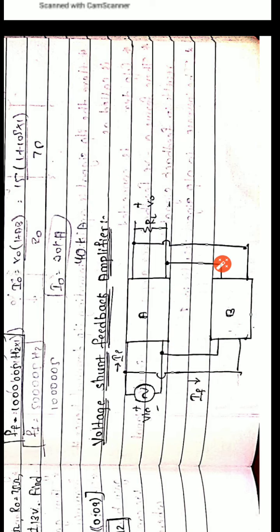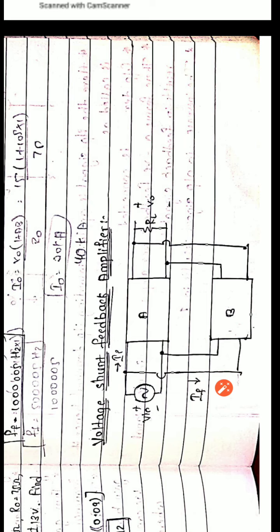This is a feedback network which is replaced by a feedback resistance RF. Here the input and output of the feedback network are connected in parallel, hence the name shunt feedback or parallel feedback amplifier, where Vin is the input voltage and V0 is the output voltage. Since they are connected in parallel, the basic amplifier here is nothing but a current amplifier. That's why the input and output of the feedback network are measured in terms of currents.